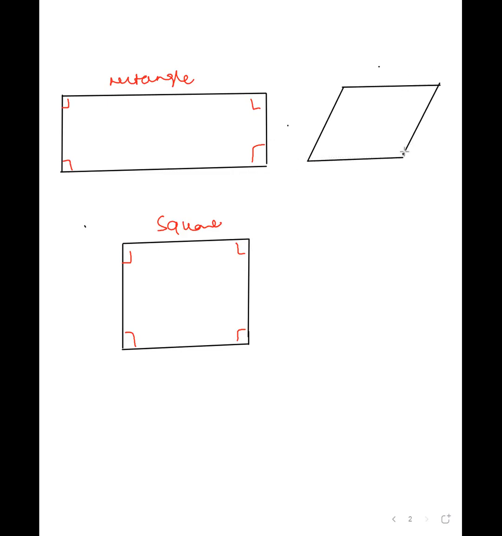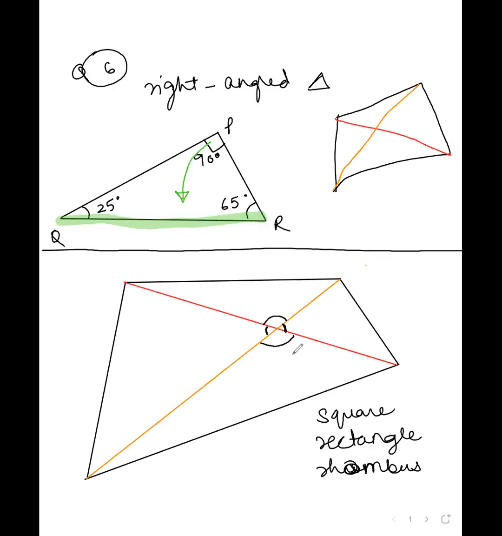Okay, I understood. So in a rhombus, this is a rhombus, all the sides are equal. But there is no 90 degree, it's not 90 degree. But the thing about a rhombus and a square and rectangle, one thing that's common among all three of them is that their diagonals